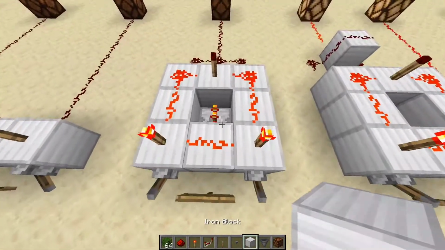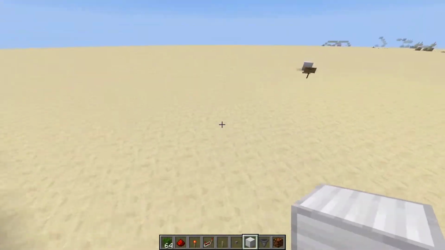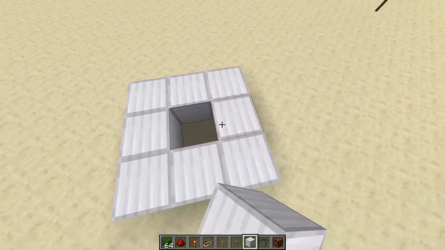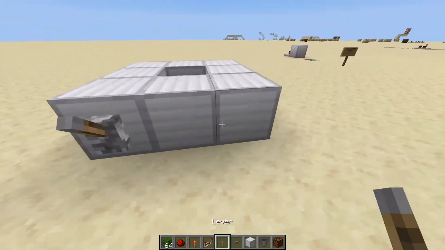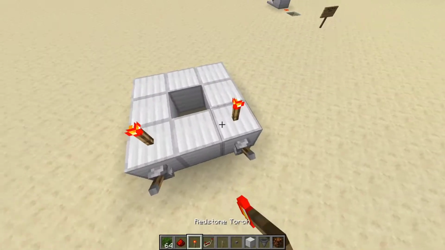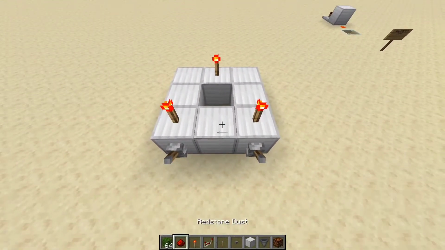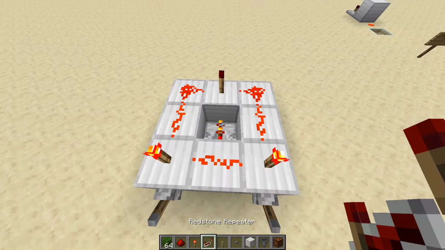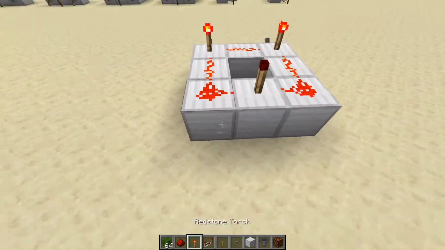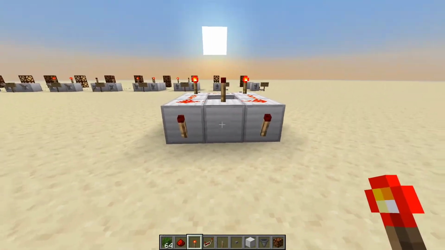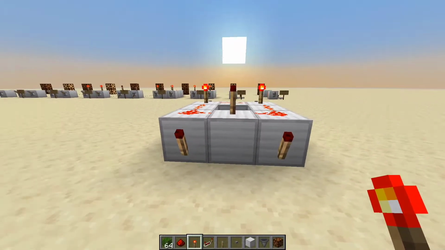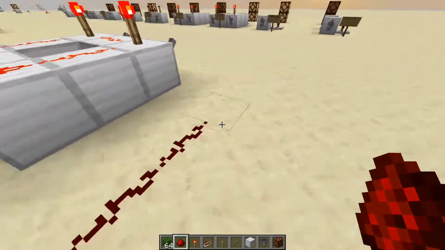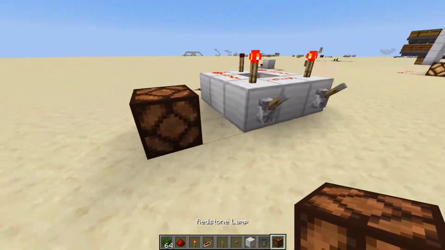Now this is slightly more complicated to build, so I'll show you how to build this. So start by placing a ring of 8 blocks like so. Then place your 2 input levers with torches here, here and here, with redstone dust in these 5 spots and a repeater in the middle, and then come around the back and place torches on the edges of the ring of blocks like so. And then you can bring round your output to wherever you need it to go, and as you can see,